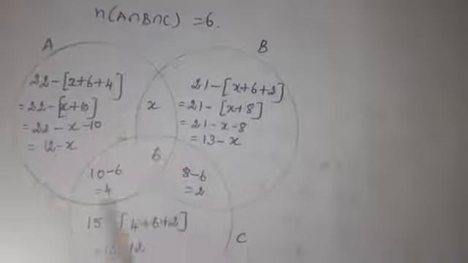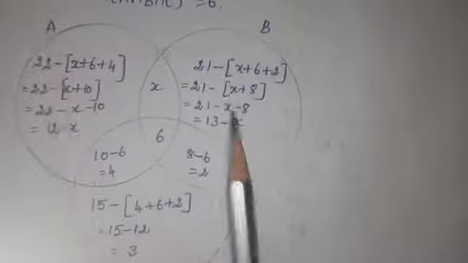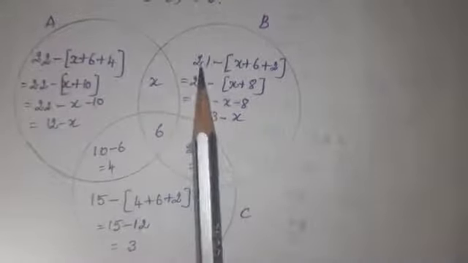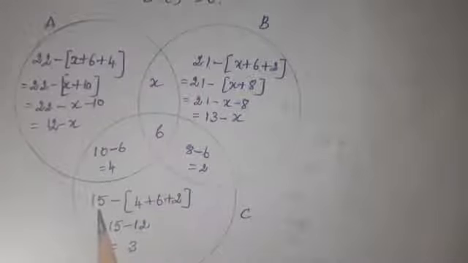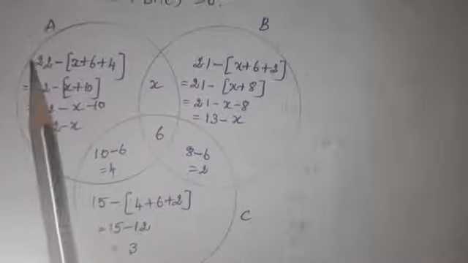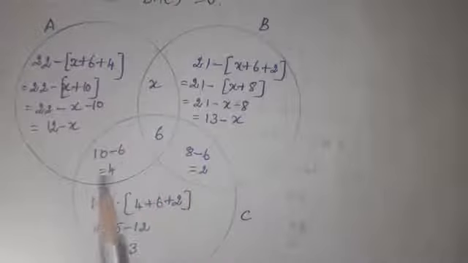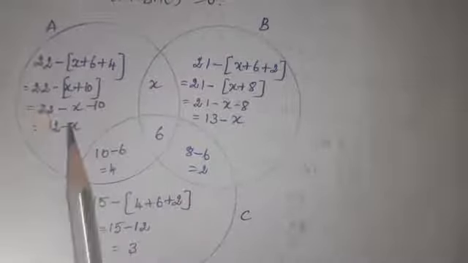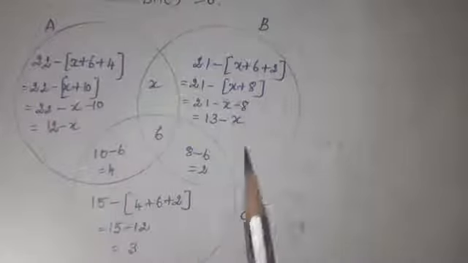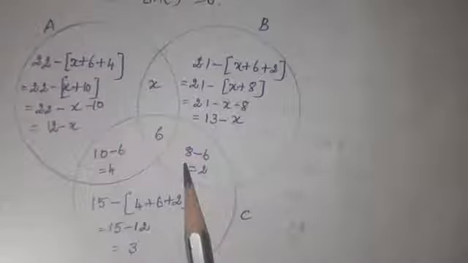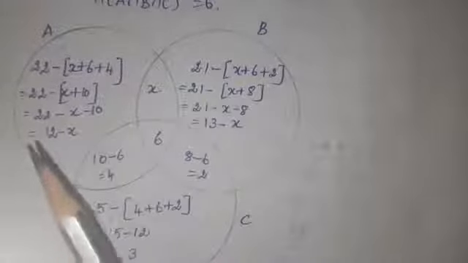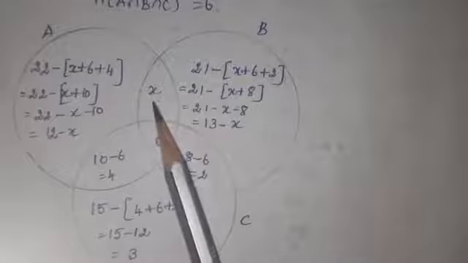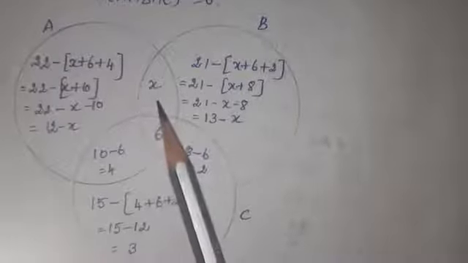Here, using a Venn diagram, draw the 3 circles. N of A, 22, I write here. Next, 21, first you write this one. Next, here table tennis is 15. Give the names as A, B, C. Here all the 3 is 6. Here the common part is 10, and in this the common part is 8. Chess and carom is not given, so I marked it as X. That is our question, so I marked it as X.